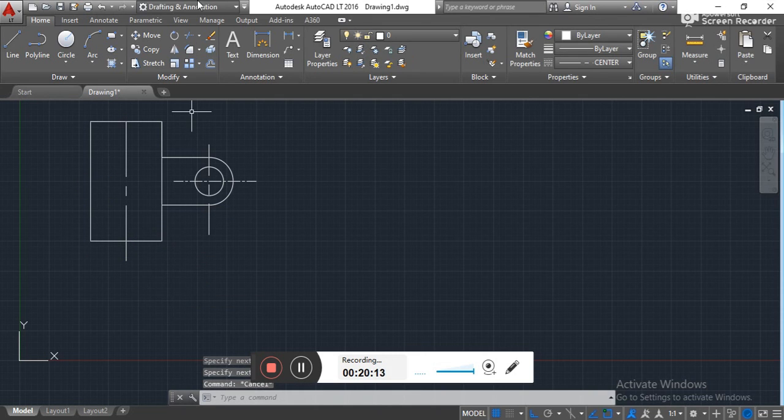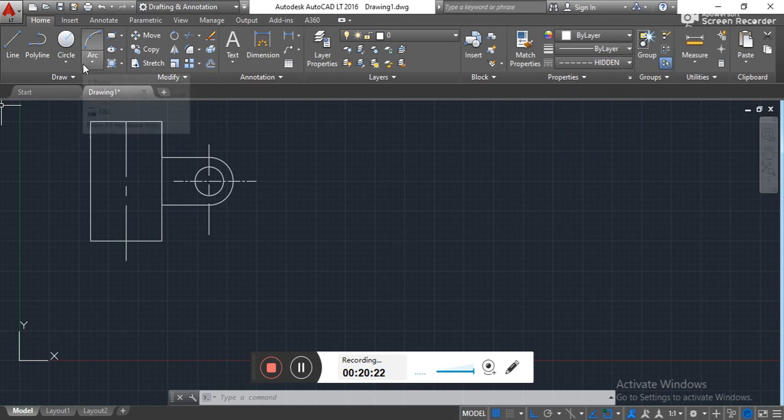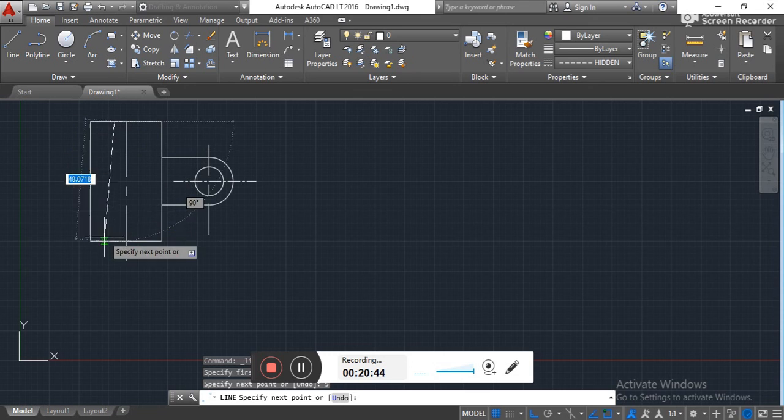So here is my center line. I want to draw a hidden line over that. I will select hidden, take that distance. I will take this distance as, let's say, 5 mm to the right side because the hole diameter is 10 mm, and I will take a vertical line.